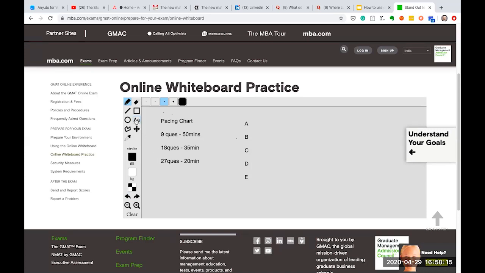Now, coming to critical reasoning. For critical reasoning, please do not use the pen feature. For reading comprehension, do not use the pen feature. What you can do is, for example, in critical reasoning, one of the pieces of advice that we give is write down the main conclusion. So after you have read the stimulus,